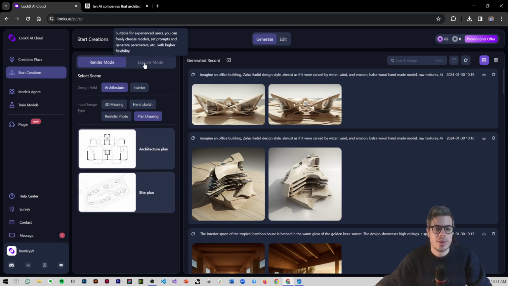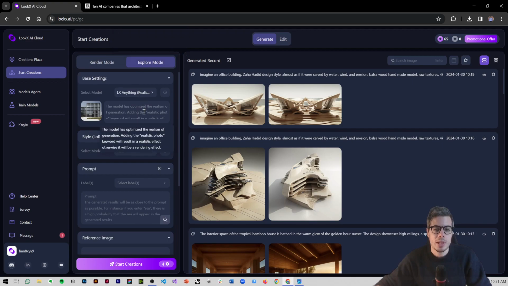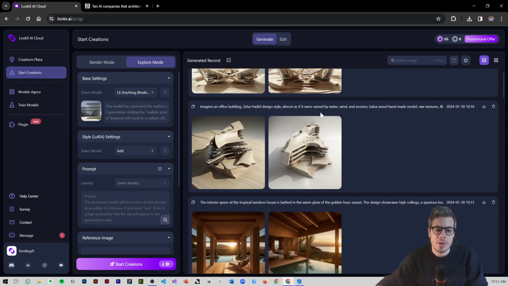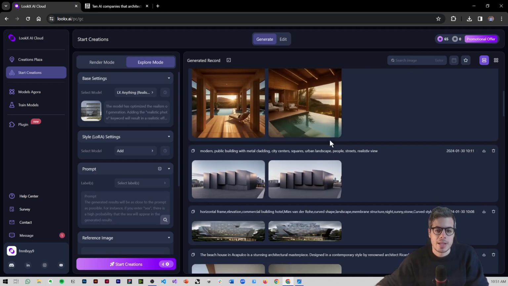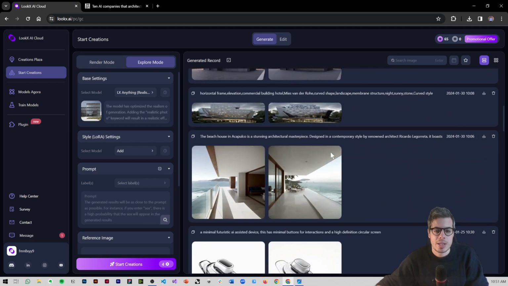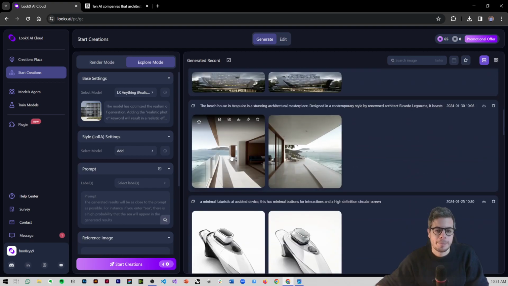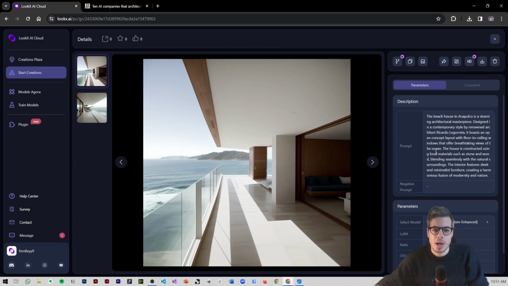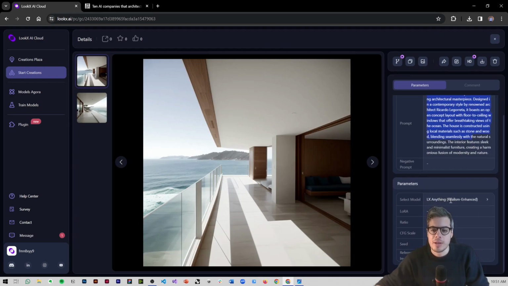So we're going to start by simply generating a single image. I'll walk you through some parameters, and on the right side what you can do is see your past generated images, explorations, and so on. If I click on one, you can see these prompts on the right and the model that I used. So if I were to, for example, copy this prompt,